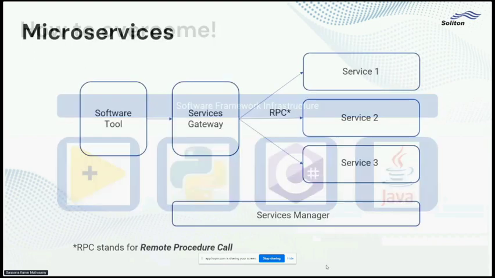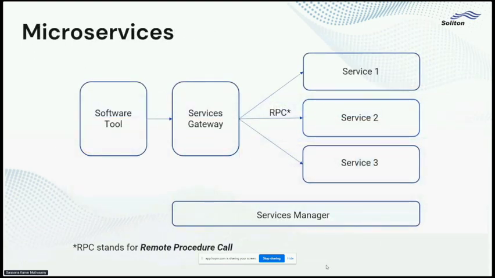And how to do it, we can use this concept of microservices. Microservices is nothing but a bigger application broken down into multiple small individual units that run separately, and there is a gateway that can coordinate between these services, and the top level software can get the work done by these services correspondingly. So the bigger software tool has some services gateway which allows it to discover the different services running, and we can talk between these services and get the job done, and the software tool can do the other stuff.